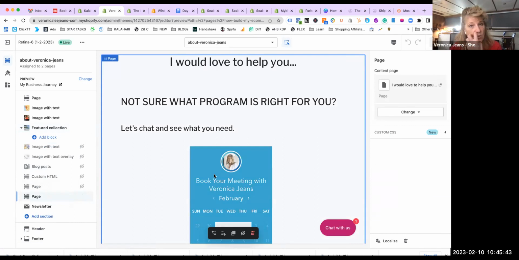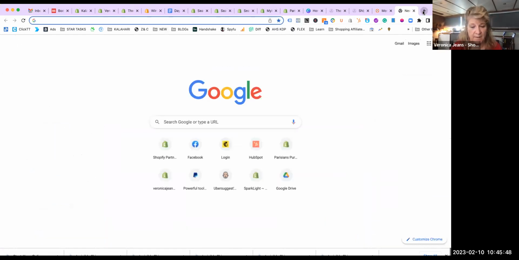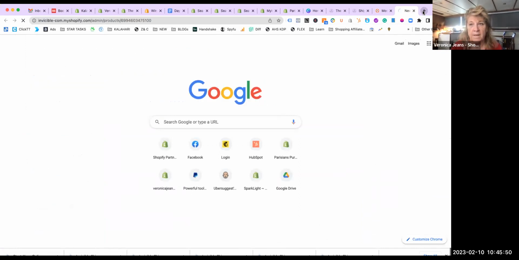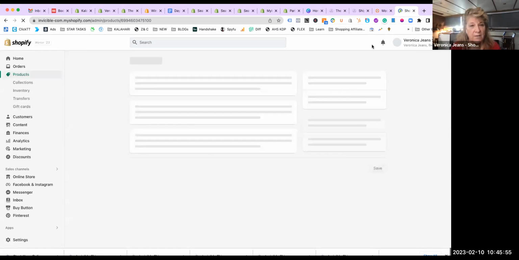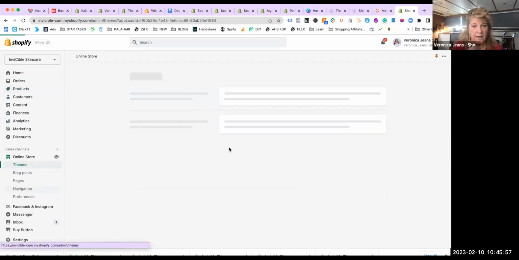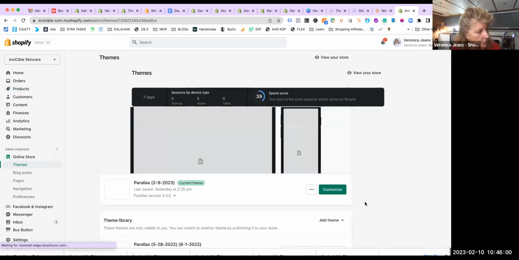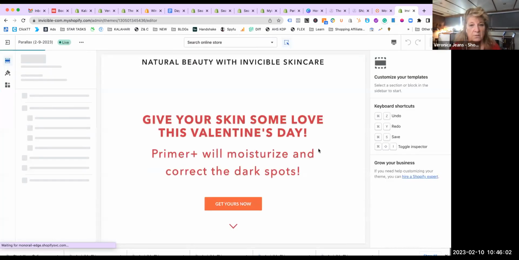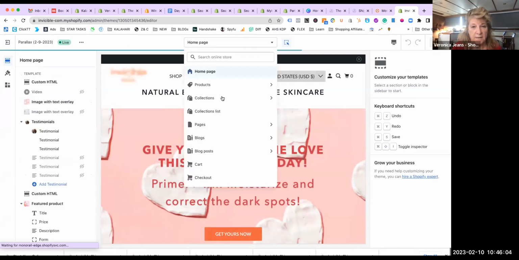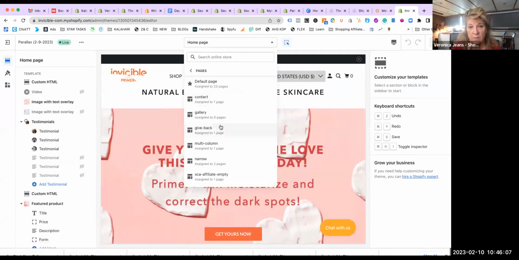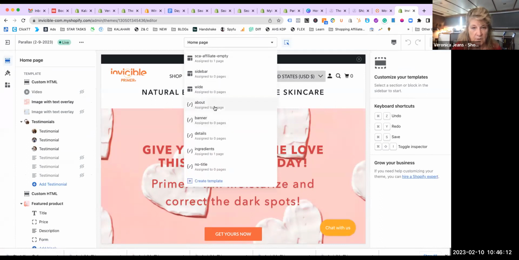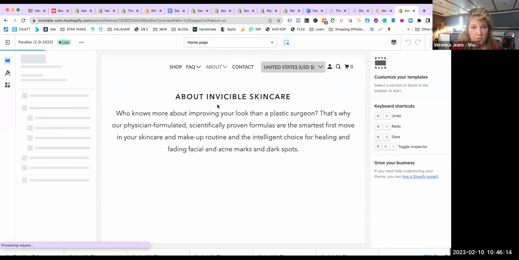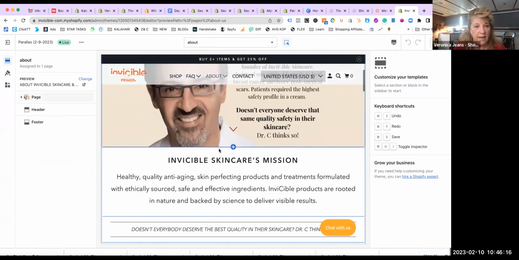And then also a good tip is, what I'm doing with Invisible is I'm adding a sign up for our newsletter for every page. So when you're looking at the template that I've got, product pages, not on my product page, by the way, but on my template, I've got about. So I've added